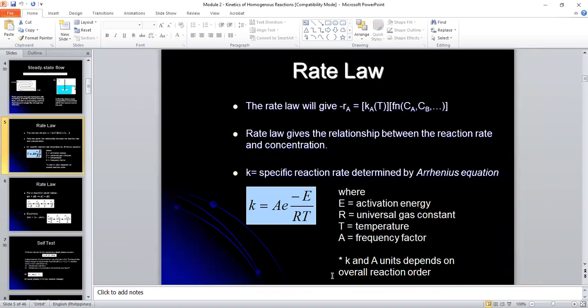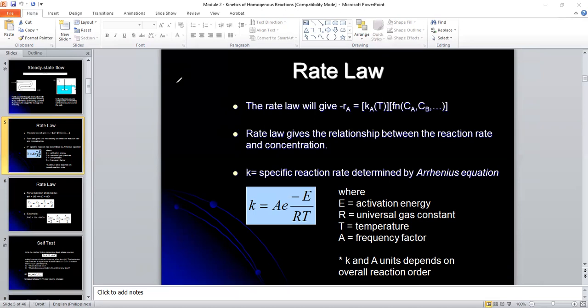So the units of k, your k can have a unit or a set of units, and this A, of course, has to be the same. And they depend on the overall reaction order. Now, what do we mean by the overall reaction order? I'm not so sure if this was discussed in your Chemistry 1, as an intro to kinetics, or in your Phy-Chem, but for example, let me annotate,